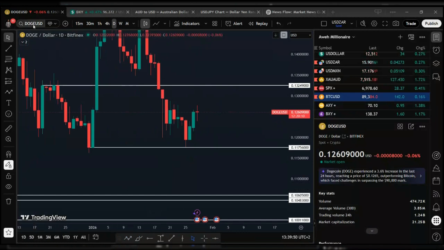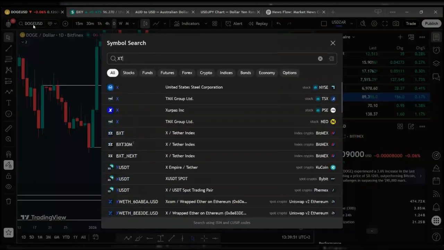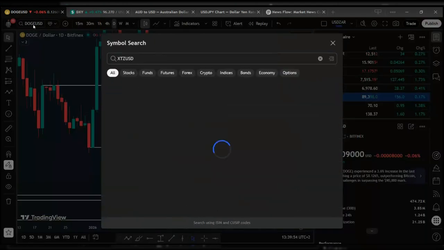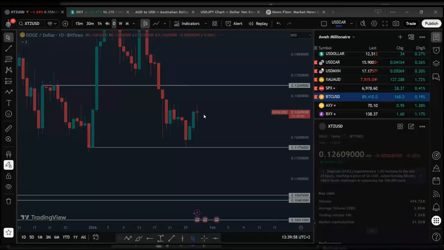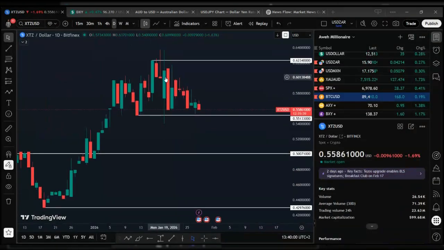And then lastly, we'll have a look at Tezos, which is XTZ USD, which as you can see here, price is currently ranging here, eyeing our major support level here at the 0.5513 level, where again a bounce off this level could open up doors for price to reverse back to the upside, where the next major resistance is at the 0.6234